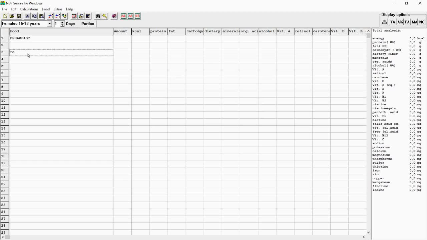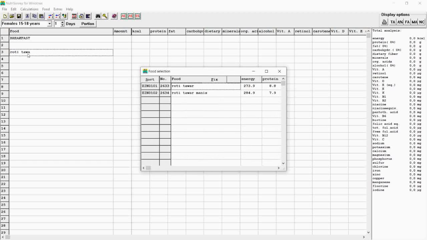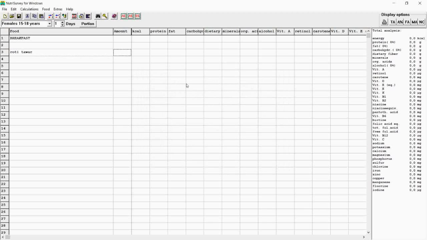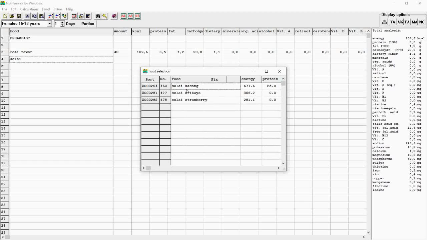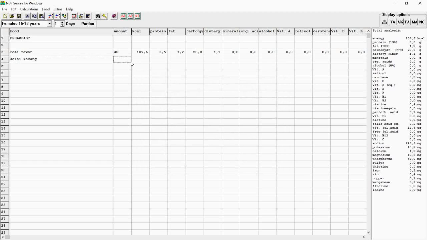In here we type in Bahasa Indonesia. We choose plain white bread, and the amount is 40 grams. She ate bread with peanut butter jam, so we type it here with the amount of 10 grams.